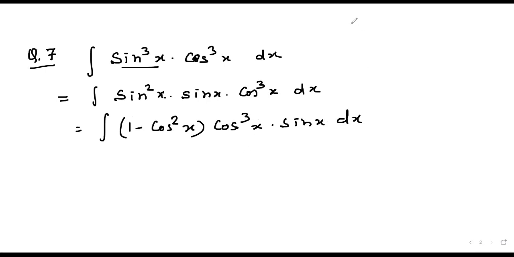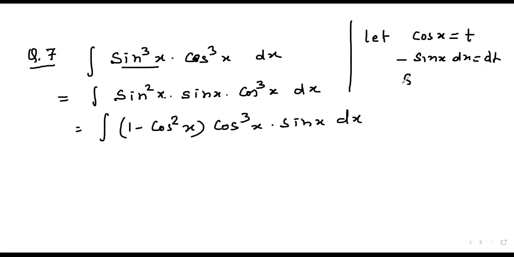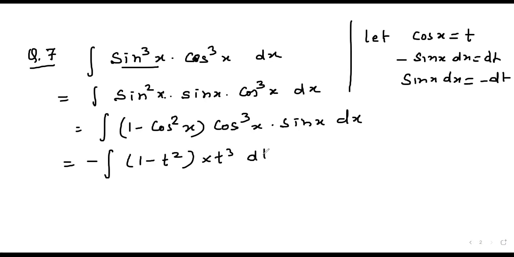Now let cos x equal to t, so minus sine x equal to dt upon dx, or minus sine x dx equal to dt. We have sine x dx here. So sine x dx equal to minus dt. So our question becomes minus integration 1 minus t square times t cube dt, which is equal to minus integration